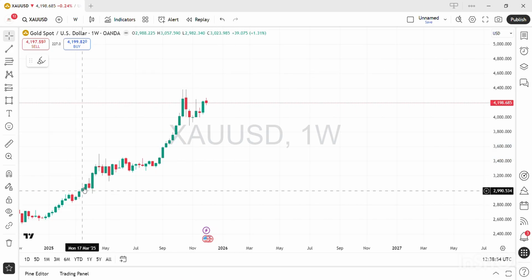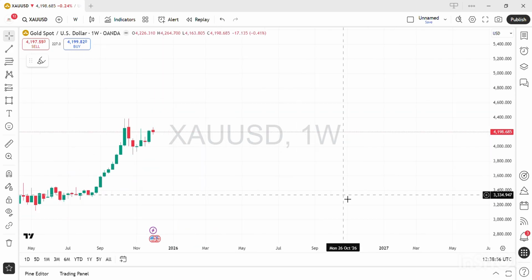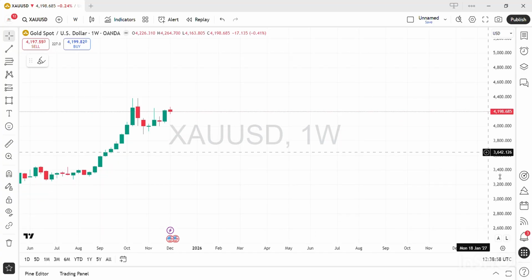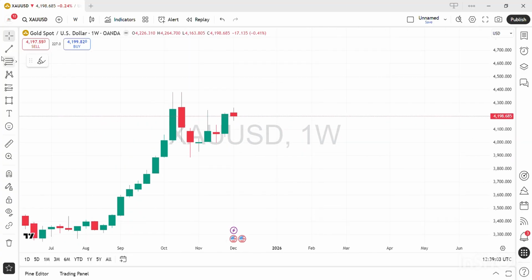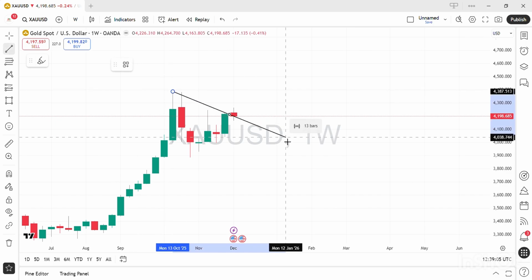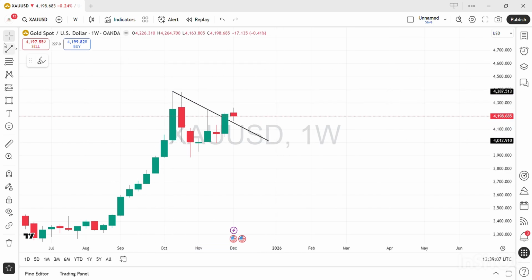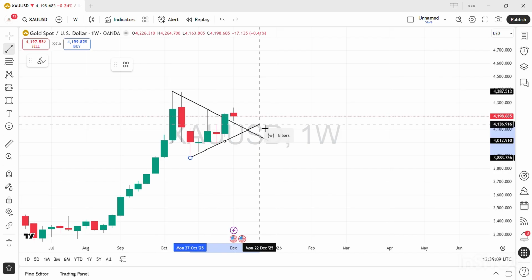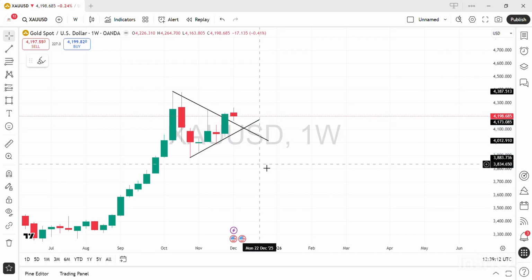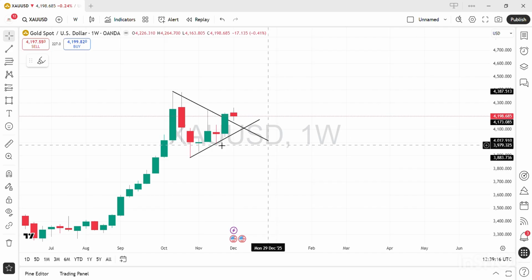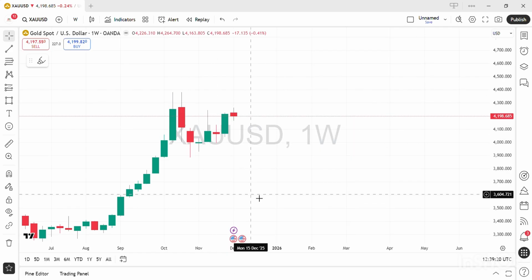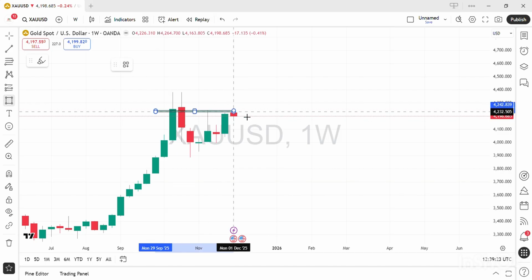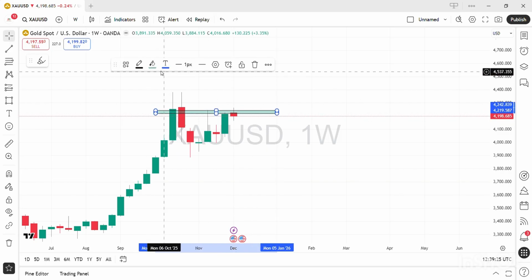Okay, so this is the 1 week chart, and on the 1 week chart I am very happy to analyze that once we have a trend line like this and a trend line like this. I have also explained this setup, the X setup, to you in my previous weekly video. So here let me explain what is going to happen. I explained it earlier, and now I am going to explain the same thing.